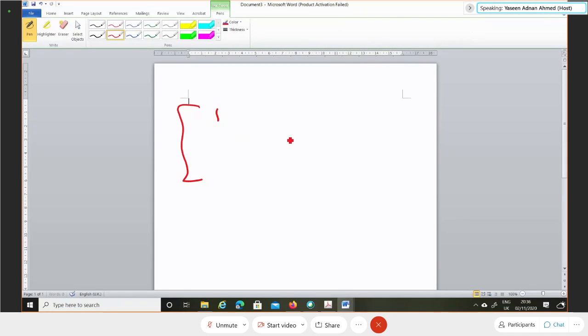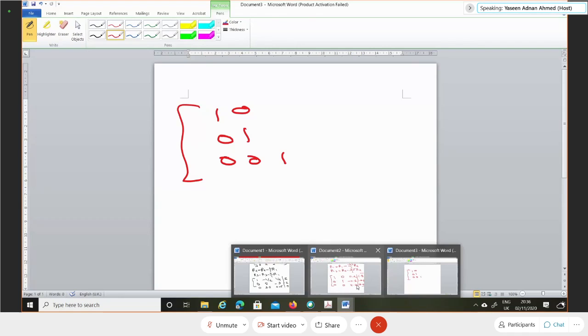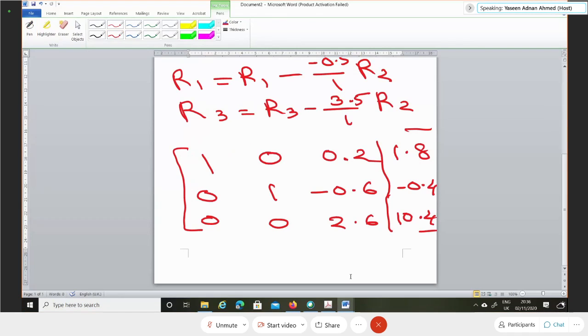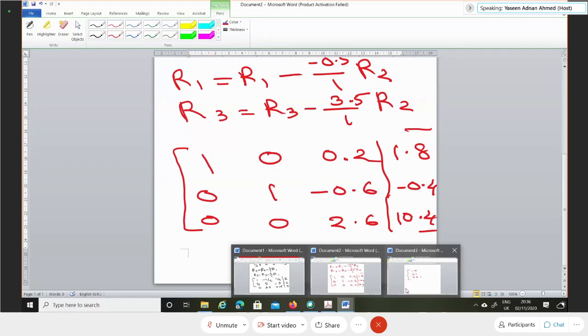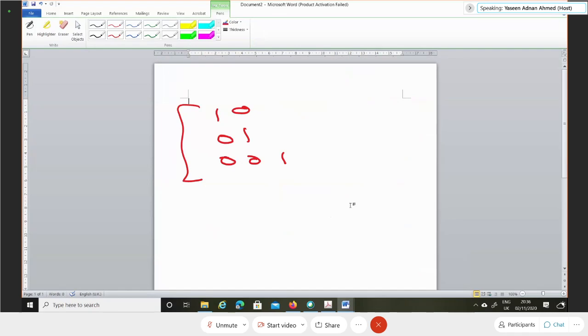So we have 1, 1, 0, 0. This is 0. That is 0. Now we are making it 1, right? And then what else? We have 0.6. Okay, minus 0.6, 0.2. So this one is minus 0.6, 0.2. This one is how much? It means if you divide it by